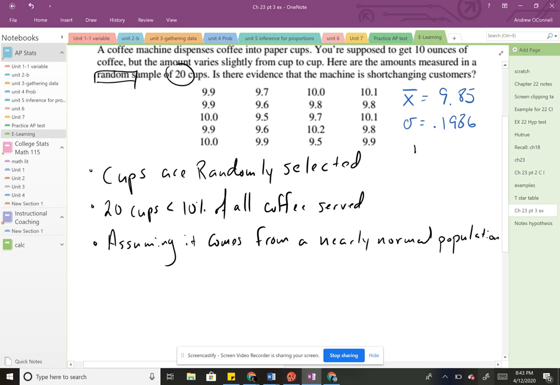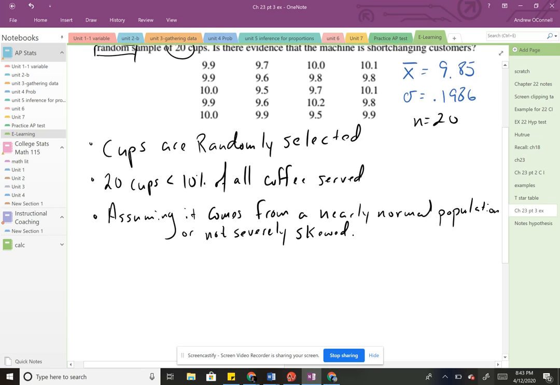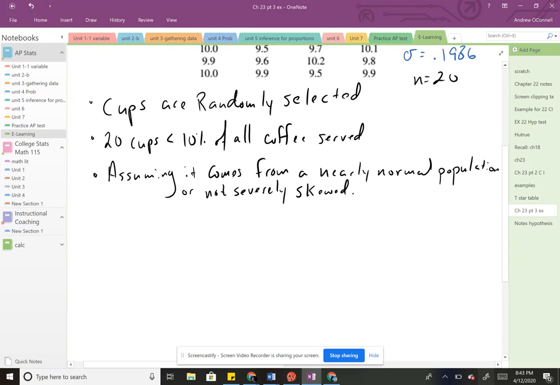And actually, with a sample size of 20, it just needs to make sure it's not severely skewed. So sample size 20 is actually decent. So as long as it's kind of unimodal and symmetric and the skew isn't severe, that should be good enough. So you can proceed